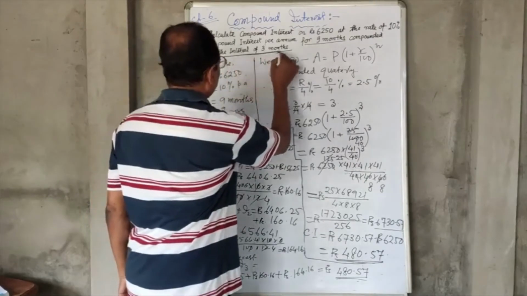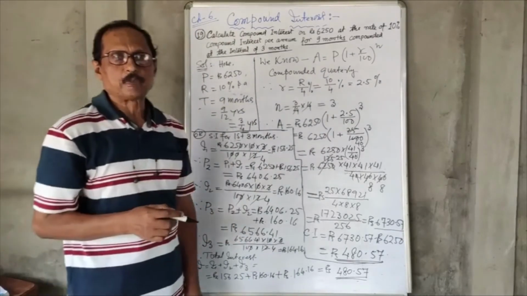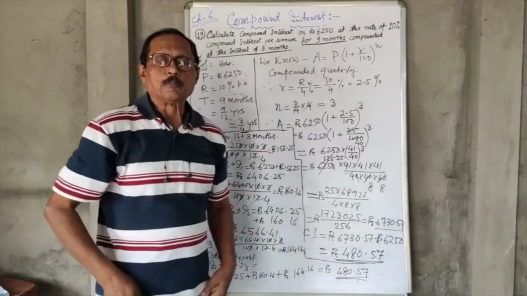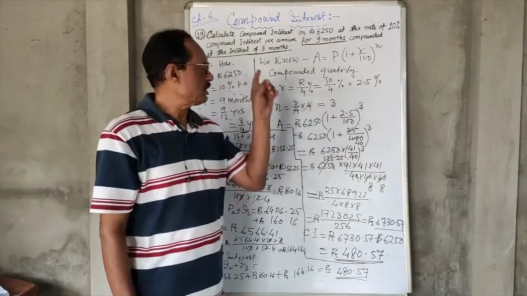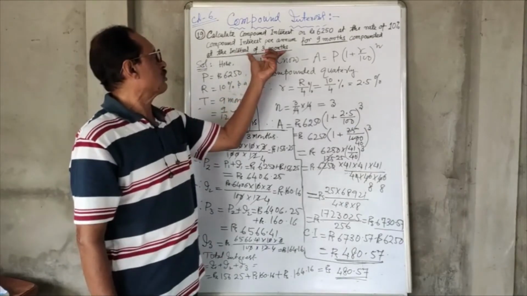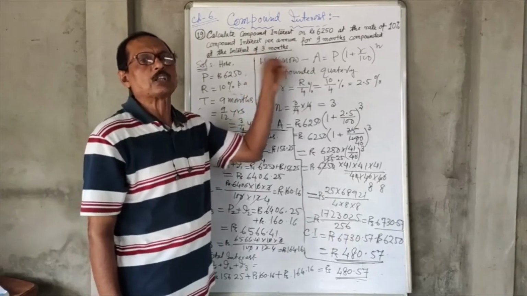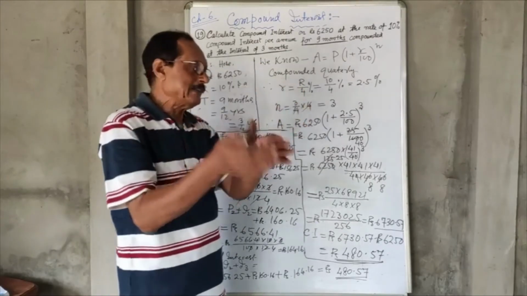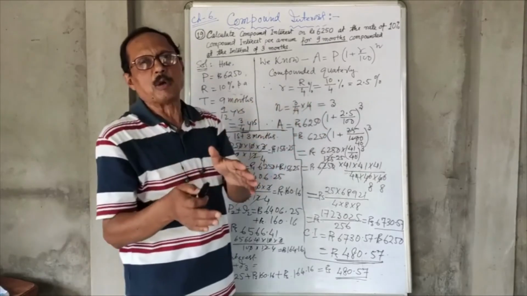Here is the clue of this problem, and here is the difference of this problem from the previous problems. On the first day, second slide, we have discussed when the compound interest may compound yearly, half yearly or quarterly. So this problem is of that type where the compound interest is compounding quarterly, at an interval of 3 months. That means after 3 months, interest will be calculated, and that interest will be added to the previous principal and will become the principal for the next 3 months.